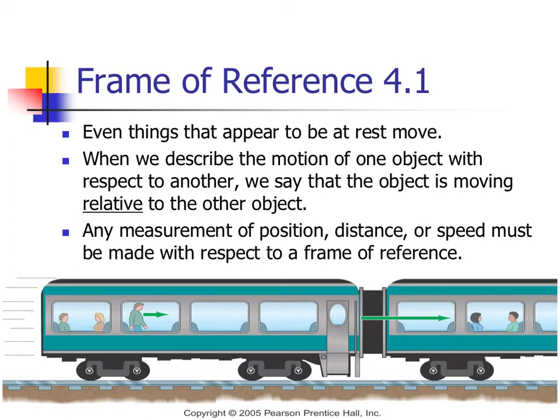You look out into a field, and things don't seem to be moving as fast anymore. The farther away you look from your car, the slower the objects seem to be moving. And that's all based on frame of reference. None of them are moving, they just seem to be moving. A tree isn't moving too much unless it's in the wind, or there's a pretty good tornado going through. Okay? So when we look at this picture here,